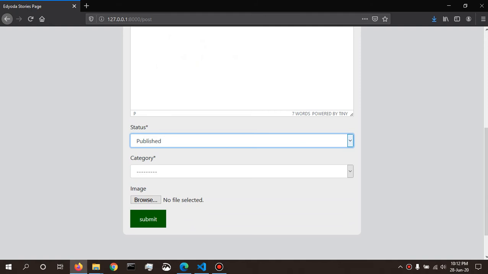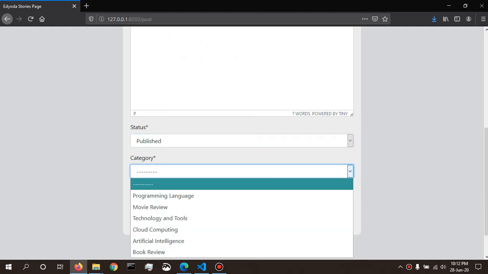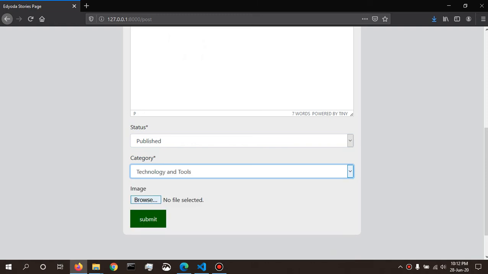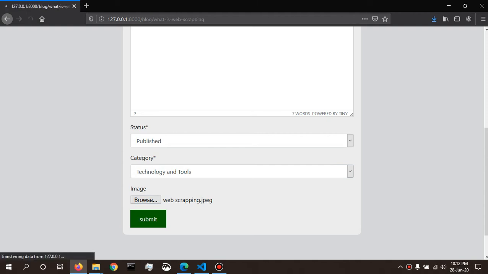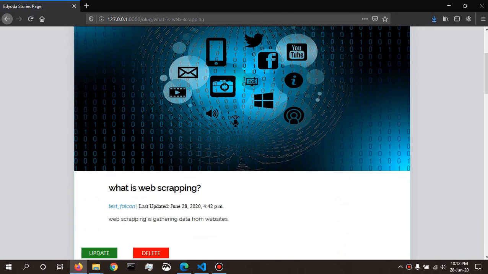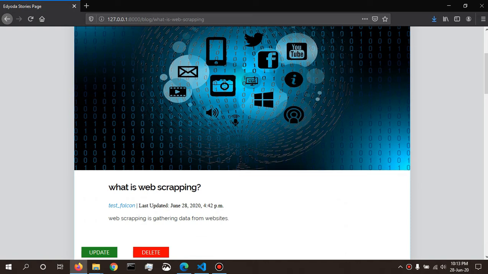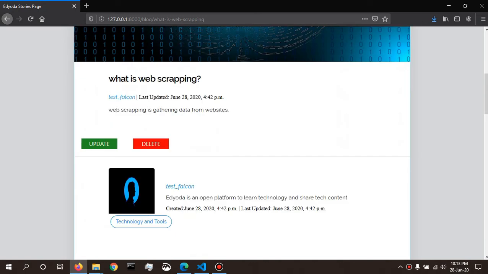Now I have to choose the category. Let's choose technological tools, and I'm choosing an image for the blog image. Let's say submit. As you can see, we have created the blog and we got some different things: the pic, the title, the username, updated, the content, and we got two more options: update and delete. I will explain this, but just for that, I have the author profile